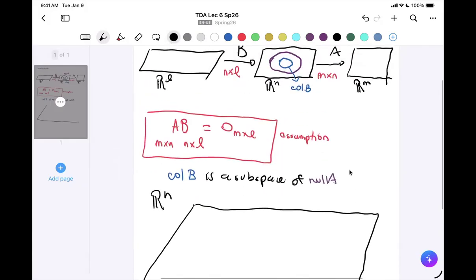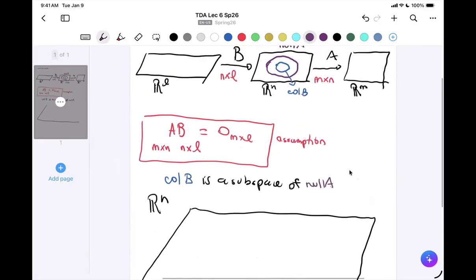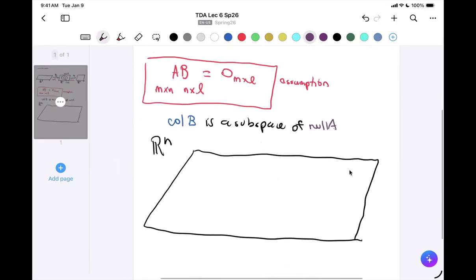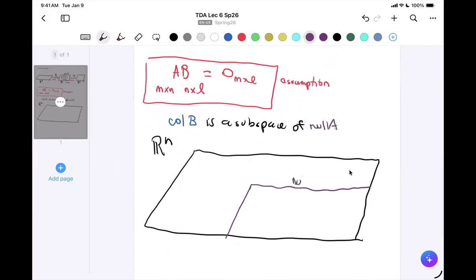And then, to make this picture nicer, I have the null space of A. And here you have the column space of B. I'm drawing them so it's clear that the column space is inside the null space. So you take two vectors in the null space,